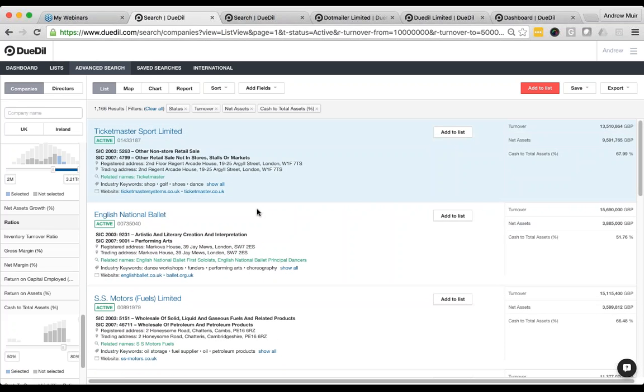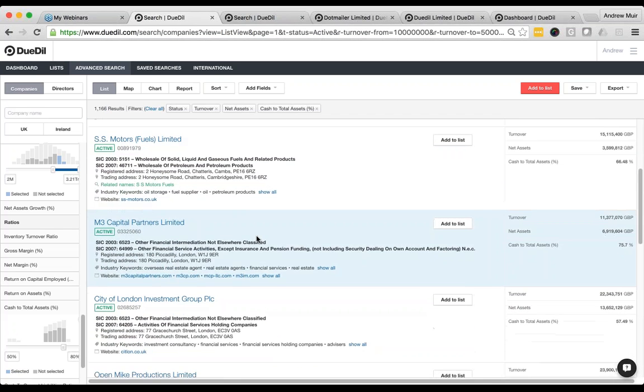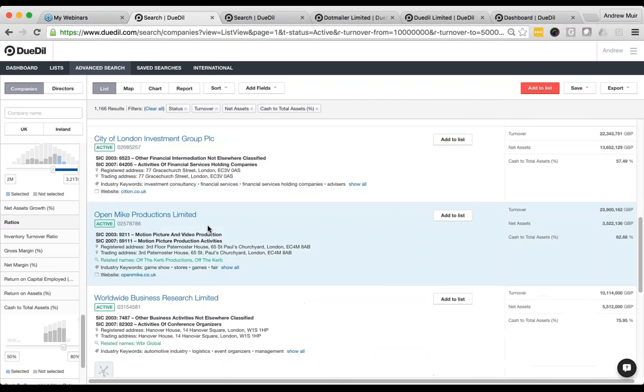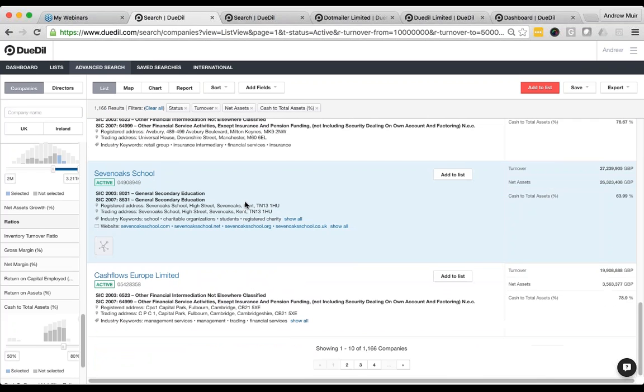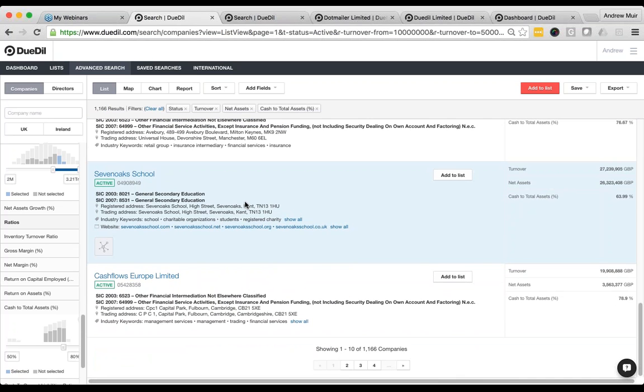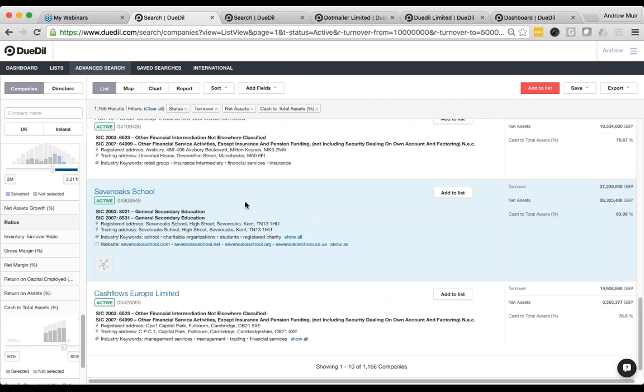Now, what's interesting is that you can see a diversity of companies here. You can see Ticketmaster, you can see the National Ballet, you can see, of course, investment groups. That's something we would expect. You can see research groups. And that's very interesting because if you ask business managers which businesses are usually cash rich, they would tell you, well, retail is cash rich, so let's go for fine retailers. But there's actually a wealth of companies out there that have a very great profile. So you don't necessarily need these kinds of proxies. You can just go for exactly the profile you want. And that's a much more diverse audience.